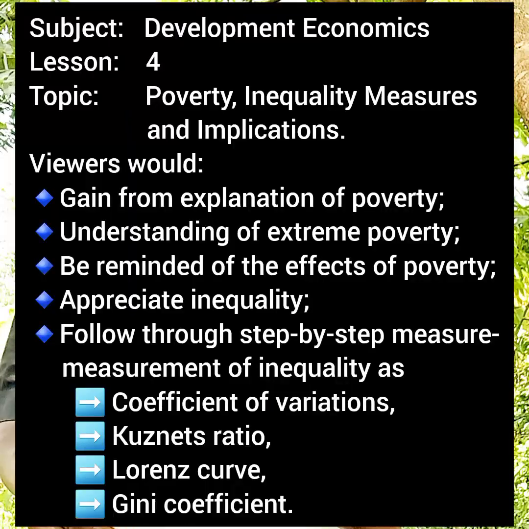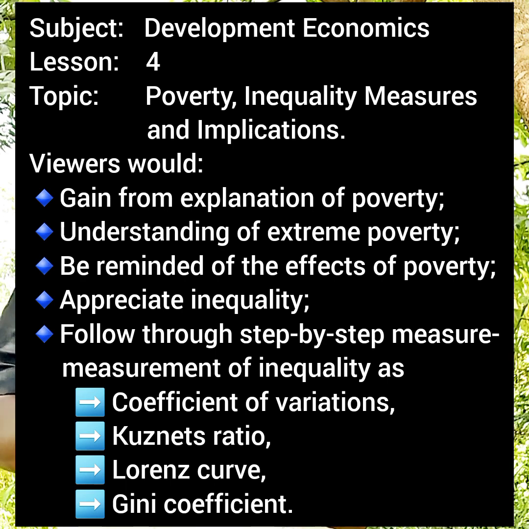We're going to be looking at poverty, inequality measures, and implications. Viewers would appreciate what we mean by poverty, which we have explained earlier. Then, of course, we'll be looking at how we understand extreme poverty. We'll be looking at how we appreciate poverty in itself, and then we'll walk viewers through how inequalities are